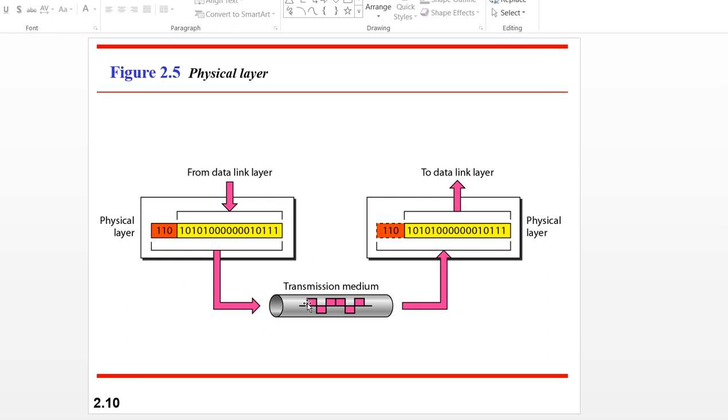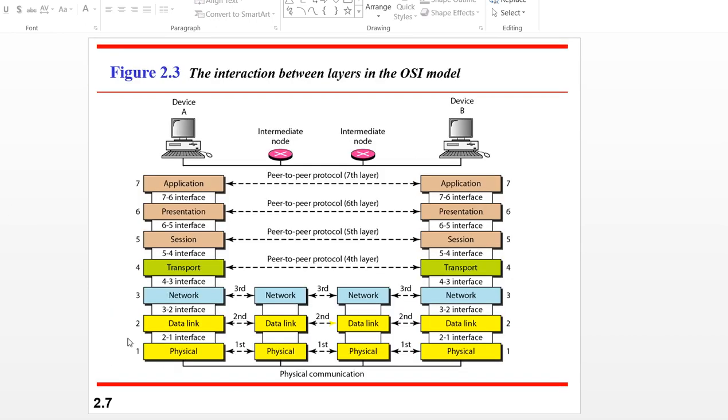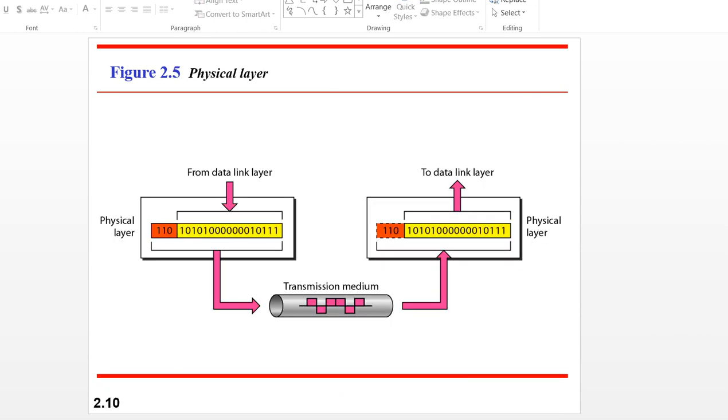And the data which is coming from its upper layer. If I take the physical layer, the upper layer of the physical layer is which one? That is nothing but the data link layer. You can see here. So data which is coming from the data link layer to the physical layer is converted in the form of bit streams. Bit streams in the sense that the signal will be converted into zeros and ones and made into a packet. That is nothing but bit streams we can call. And that same data, the bit streams, is transferred to the transmission medium and sent to the physical layer on the other side, the receiver. From that physical layer, it will again be sent to the data link layer. That is the concept now.